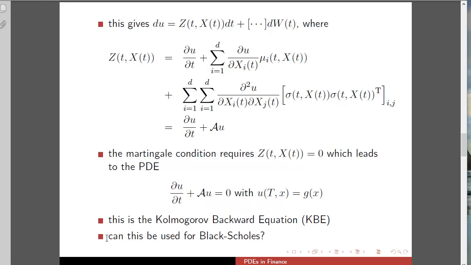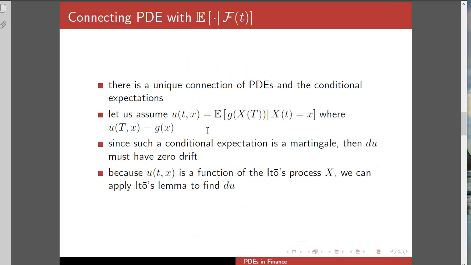And here I have a teaser question. Can this Kolmogorov be used for Black-Scholes? So let's go back, and we know that the Kolmogorov backward equation solves this expectation. But what do we have in Black-Scholes? In Black-Scholes,